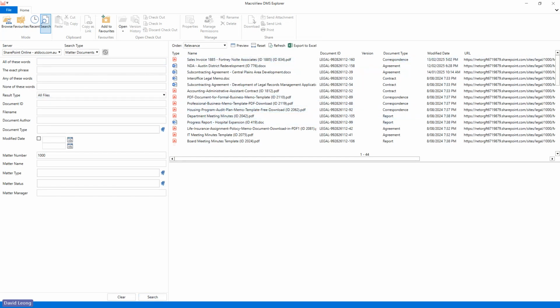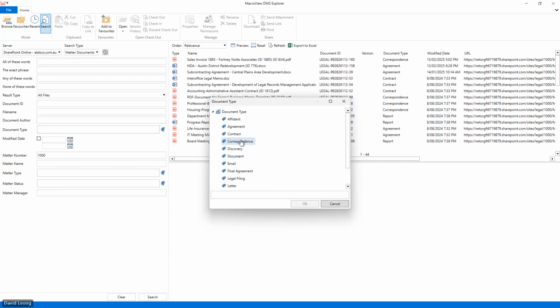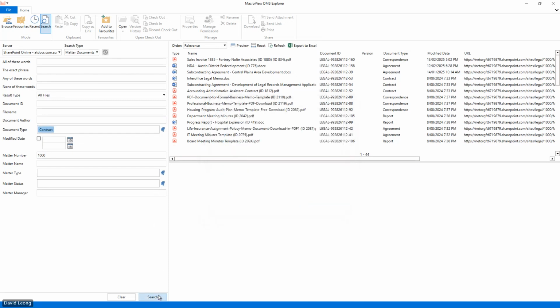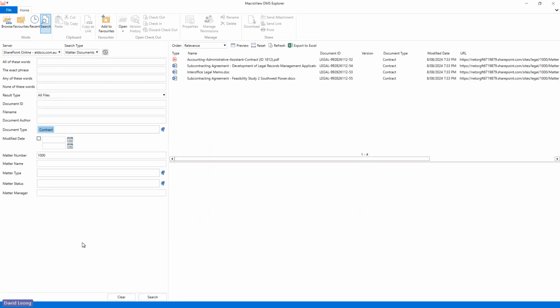And there are all the documents, but then I just want all the document types as contracts. So now we're getting more specific and more sophisticated with this document management system. We're kind of building it to be more like a legal document management system in this scenario.